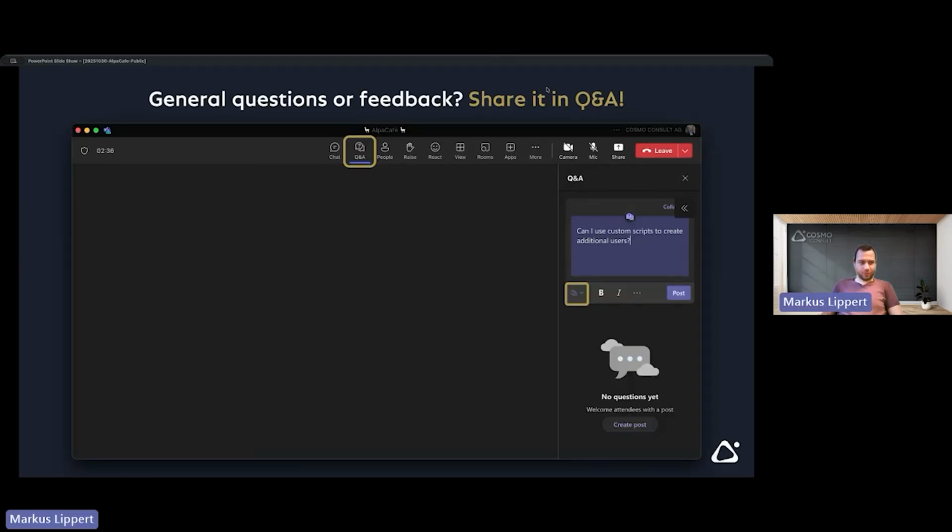Okay, so for more questions, maybe one remark that came to my mind regarding the child task templates. For those of you who don't know that one, child task templates is an extension for Azure DevOps that can be used to automatically create tasks for user stories or for bugs. So if you often find yourself using the same tasks, for example, you always have user stories and then a development task, a release task or something like that, then you can use that extension to easily create those tasks